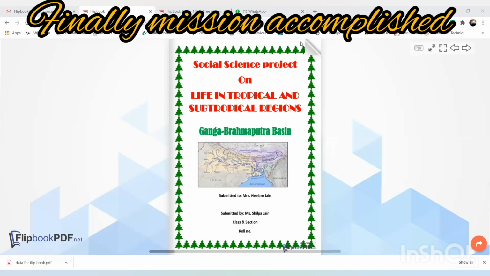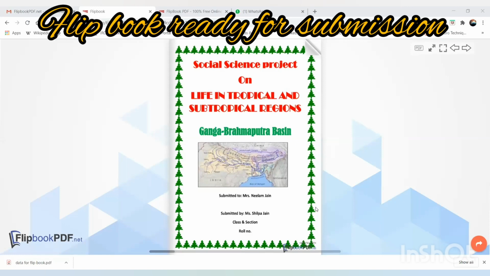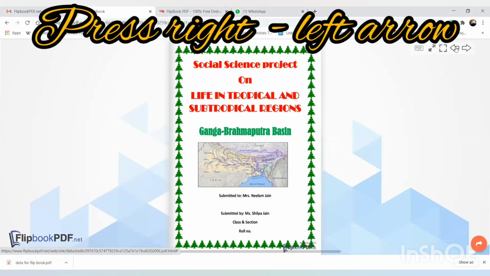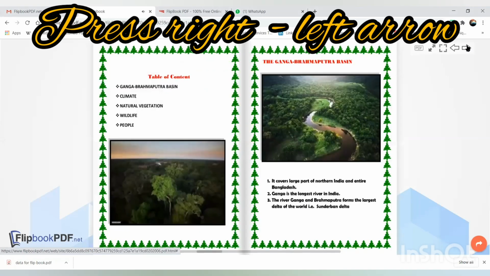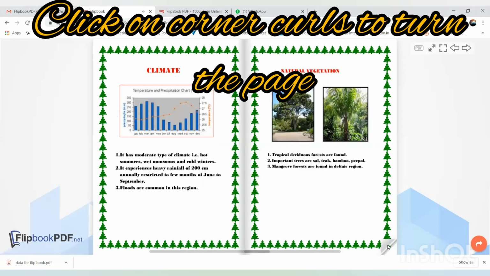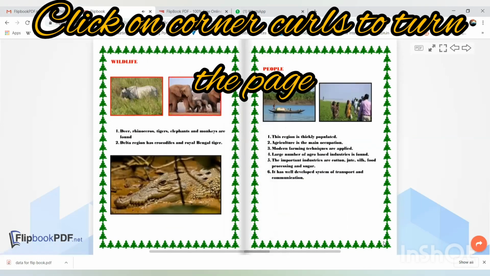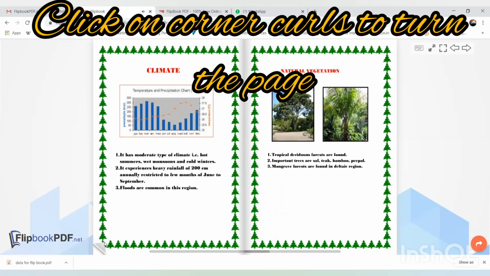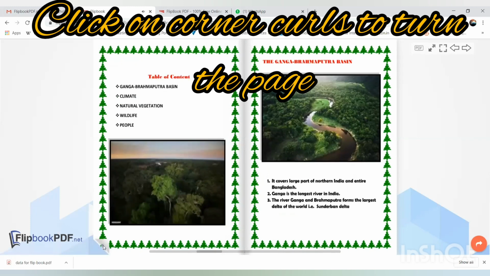to the teacher. You can see here we have the page curl on top corner and bottom corner, which means it's a flip book. We can flip the page from here or from the top corner. Moreover, we can even use these arrows. So when we press this arrow, we can turn the page. See the way the page has been turning. And if we use this curl, again we can turn the page. Similarly, we can turn it back also. So this is our final presentation.